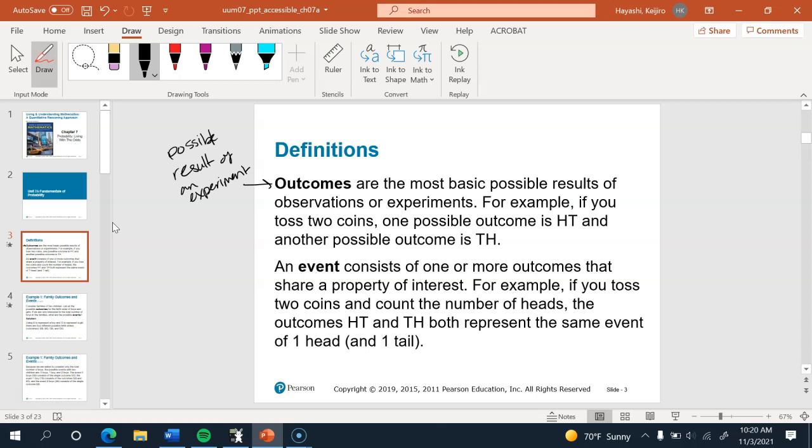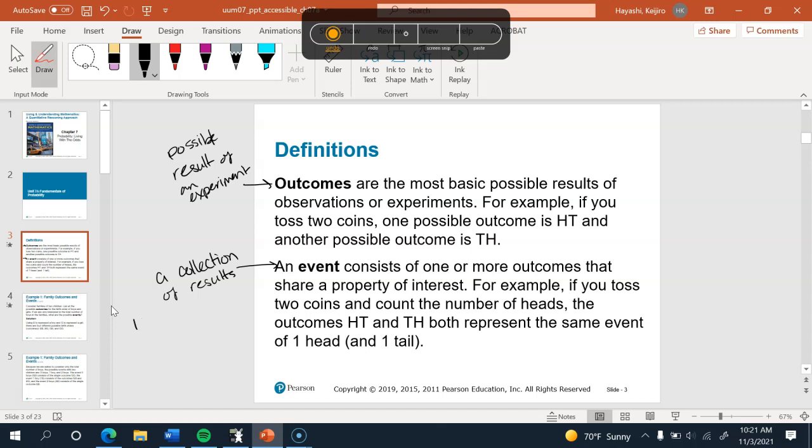Now, an event is a collection of results that you're interested in because they share some property. So for example, I suppose what it says here is that if you flip two coins,